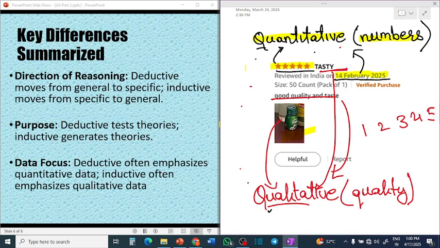This is a 10 marks picture or a 20 marks picture. We cannot say that. So these are all qualitative data. So good quality and taste. We don't know good quality and taste is which number. It is 1 or 2 or 5. What is the number? So whenever there is no numbers given, it is known as qualitative data. I hope up to here everything is clear to you.